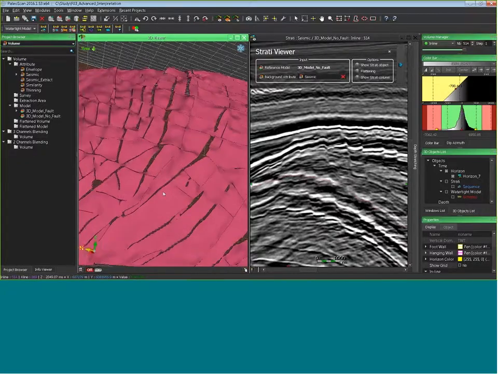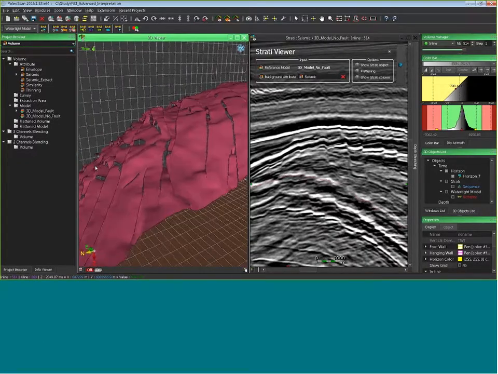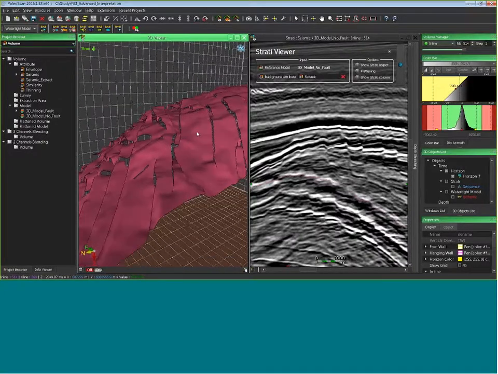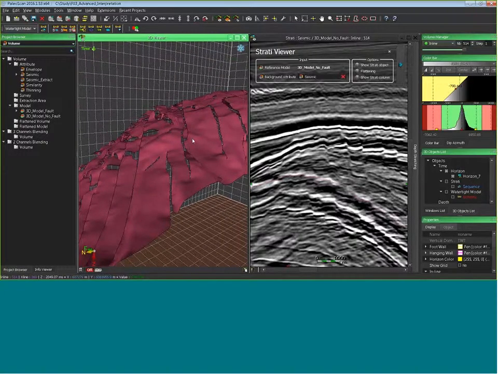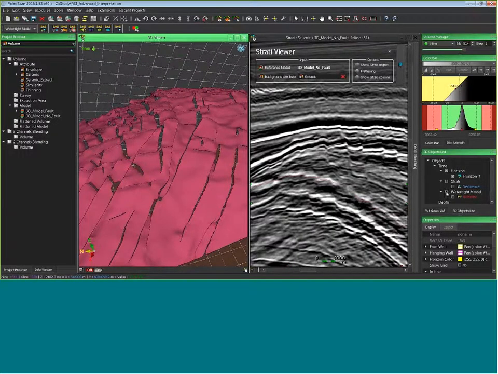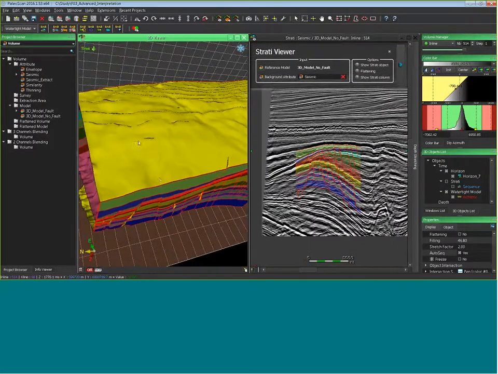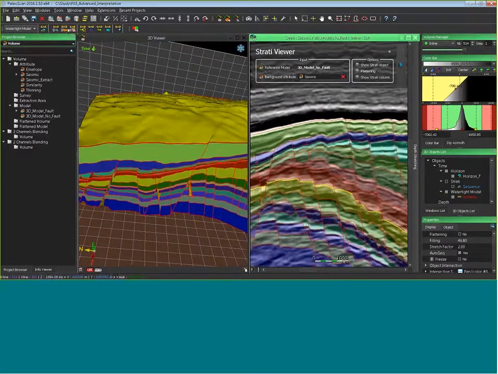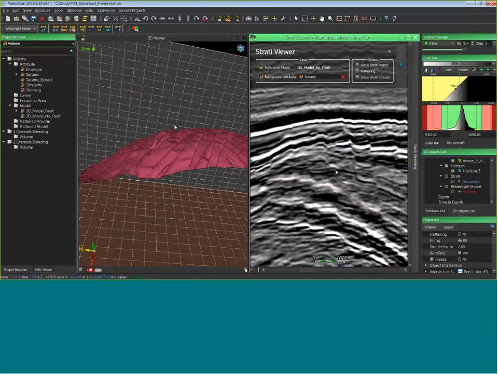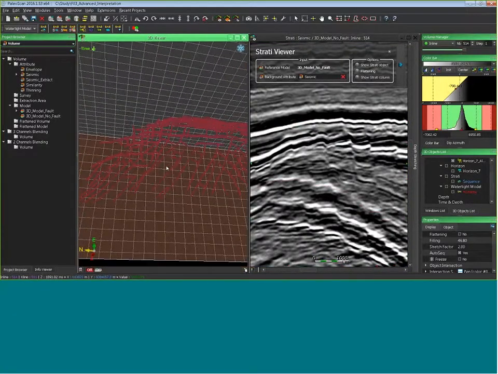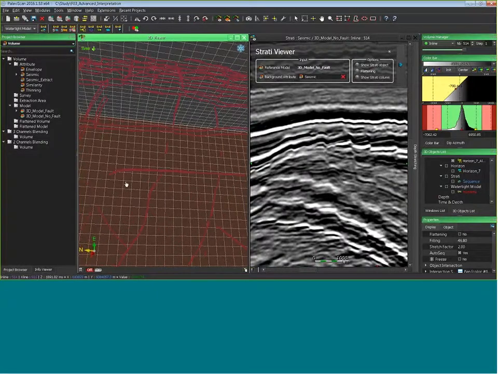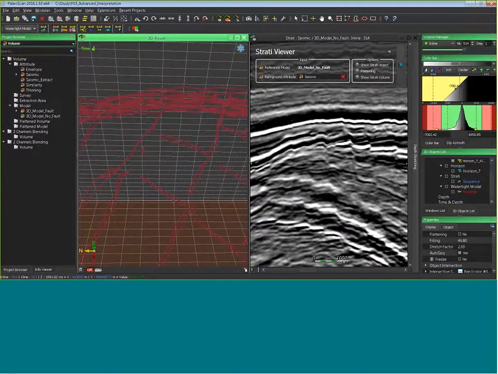Because we interpolate to have the exact truncation, this horizon can be multi-Z. Compared to all the other objects of PaleoScan, I can have multi-Z horizons. And also, thanks to this object, on this horizon, if I select all the faults, I can create the full polygon for this horizon. I deactivate again the watertight model, I deactivate my horizons, and now I have the full polygon for this horizon and all these faults.